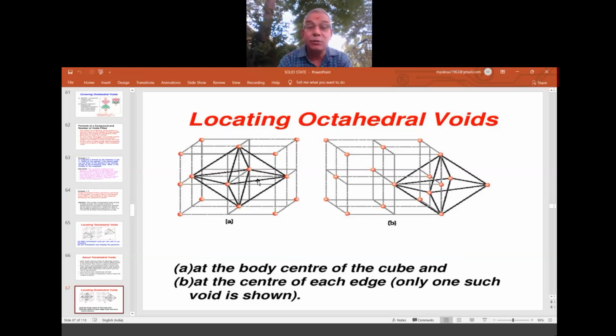Okay. So all those are here, you see here. So one face, second face, third face, fourth face, fifth face, sixth face. By joining all the face particles, octahedral voids are created. But you see here, 3 one way, 3 the other way. So 3 at the bottom, 3 on the top. In that way you can see. Here also. Now either in this way you can locate, or on the edge also you can locate.